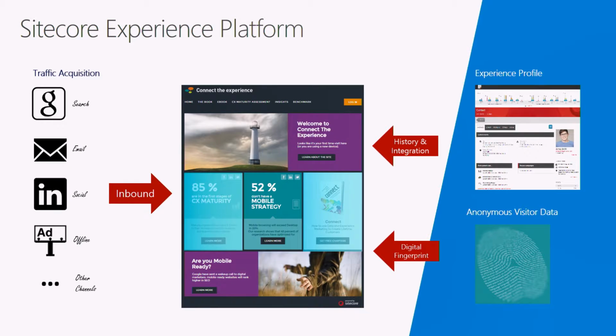And then, of course, we have our own experience profile information that we also layer on. So there's all these data sources. What are you supposed to do as a marketer to do that? And then on the flip side, for the IT folks, the marketer says, hey, I want to do this. I just need a few petabytes of disk space. And then the IT person says, well, how am I supposed to do that? So the challenges just keep on piling on and piling on. And we want to simplify all this. So that's enough for slides. Why don't I switch over to the live demo and show you what that actually looks like.